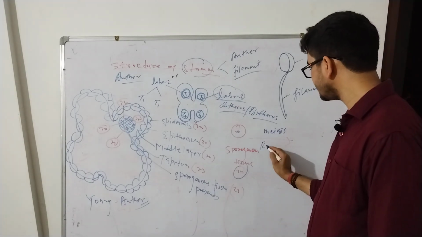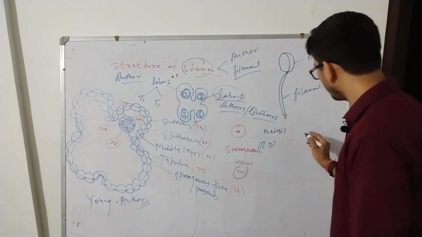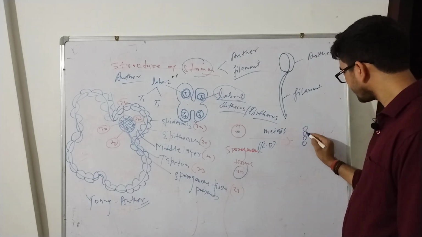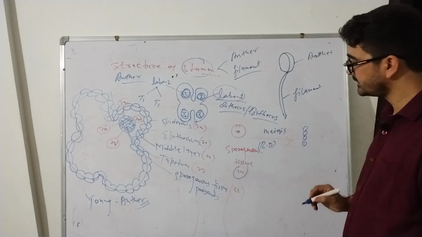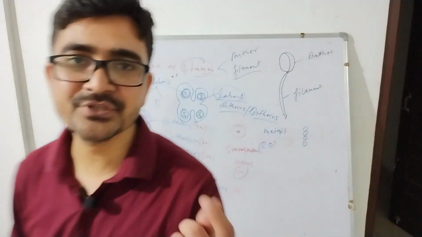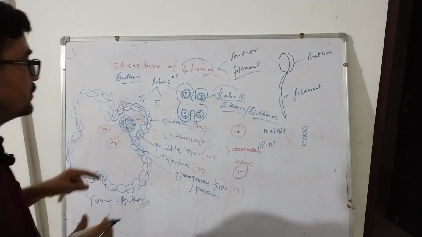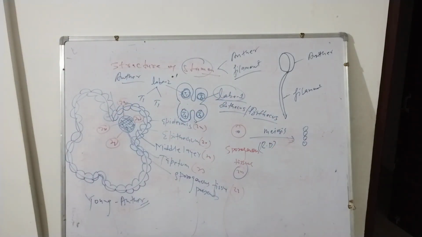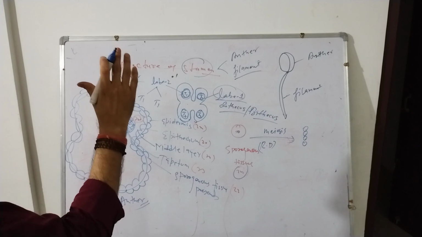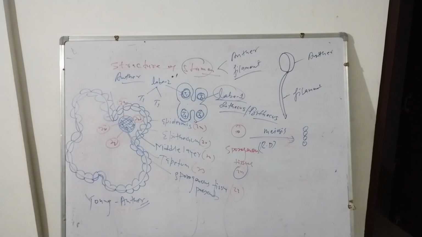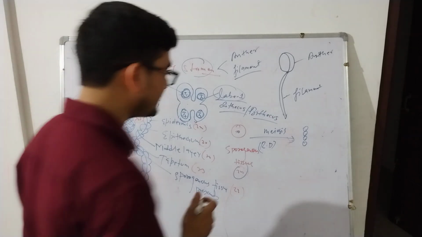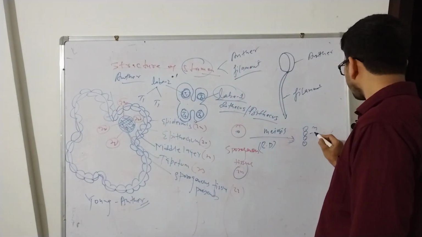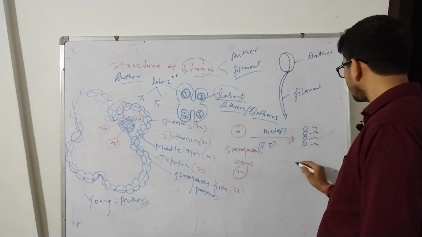Another name for meiosis is reductional division, to form 4 haploid cells. One sporogenous tissue, that is 2n, goes through meiosis division. Meiosis division means reductional division, to form what? Four gametophytes, all haploid n,